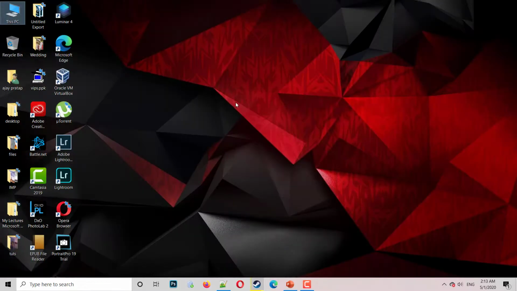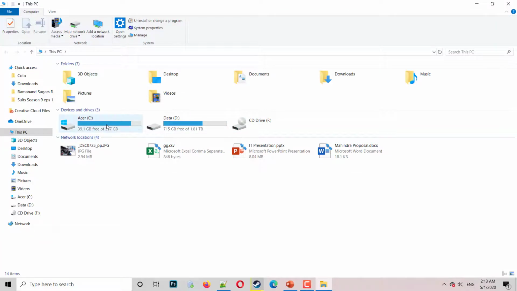Another thing is to use an SSD drive for your OS drive. If you see my computer, it has a 250 GB C drive, which is my booting drive or Windows startup drive, and many of my applications are also installed in my C drive. And I have a 2 TB D drive, which I use to store document files, images, movies, any other things I purchase online.